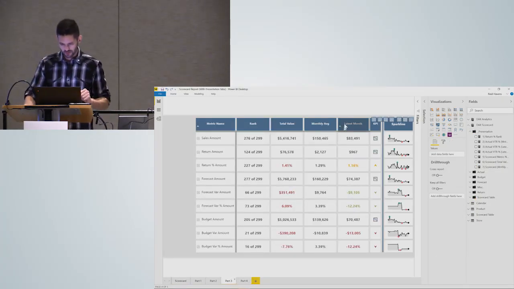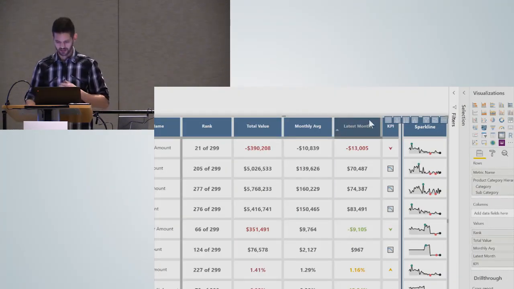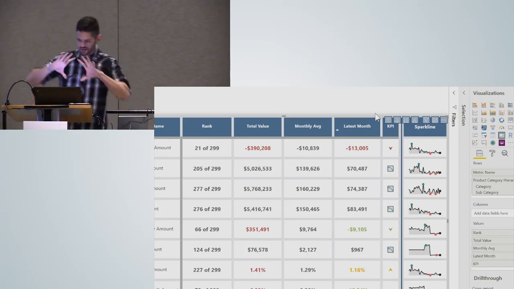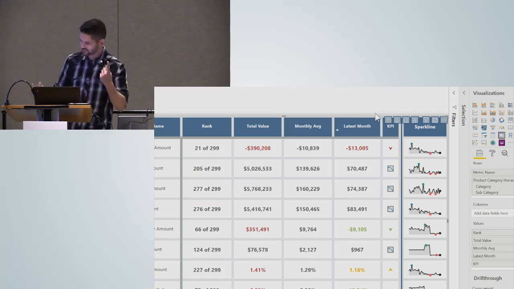All right. So you might notice the fact that this table here, I think I need to do that. There we go. Okay. A little less breathing on there. The matrix table has been built out to actually cover the sparklines. That's thing number one that I did.